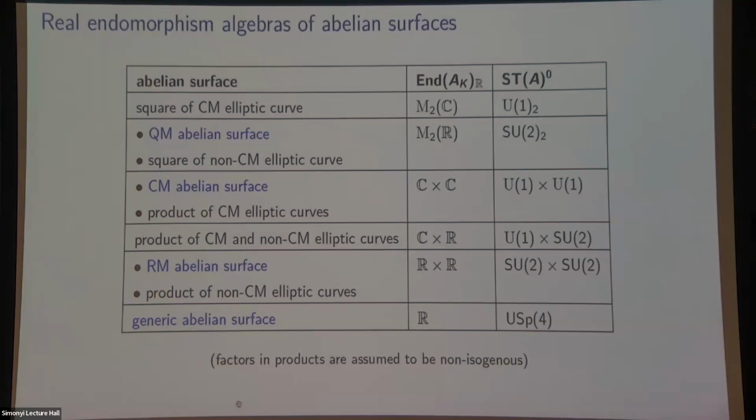But the main point to take away from this is we saw that in the large, the Sato-Tate group already has a significant impact on the Sato-Tate distribution. And when we're looking at the fine detail coming from this murmurations phenomenon, you might ask, does the Sato-Tate group play a role?